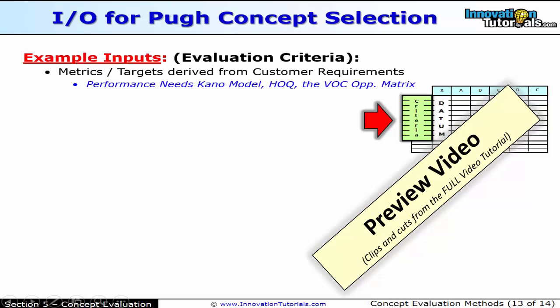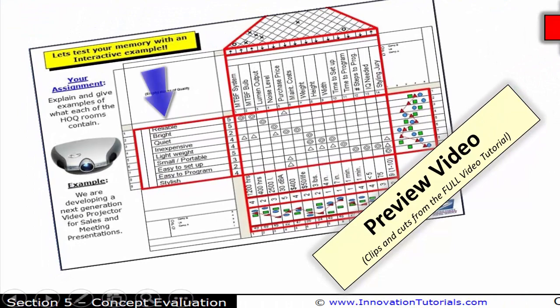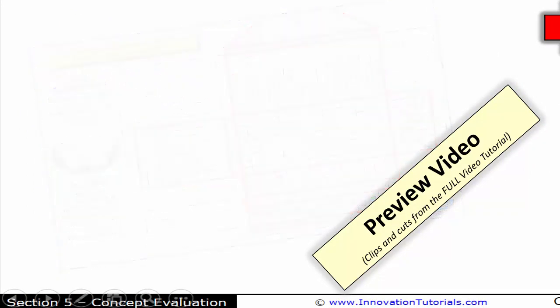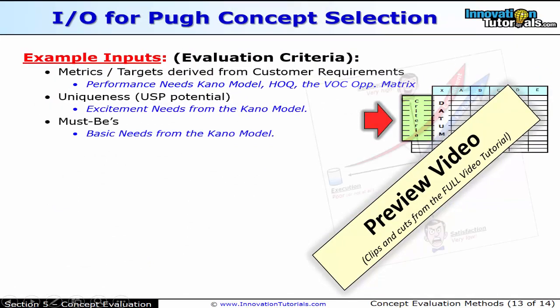One place it can come from is the metrics and targets derived from customer requirements. So how do we measure the success of a customer requirement? That's one of the things that the House of Quality does, is it translates customer needs into objective measures. So consider the Kano model. These first 3 bullets are all dealing with